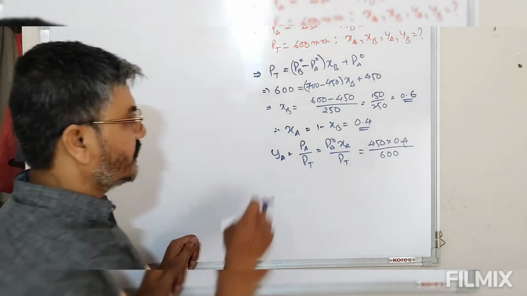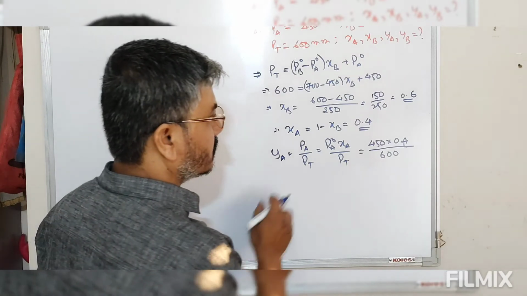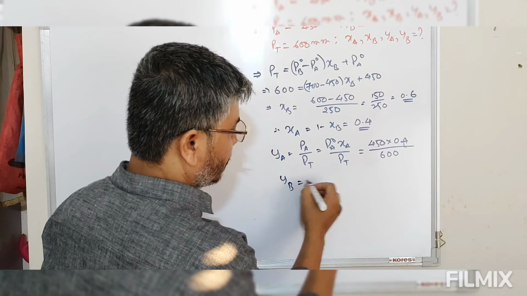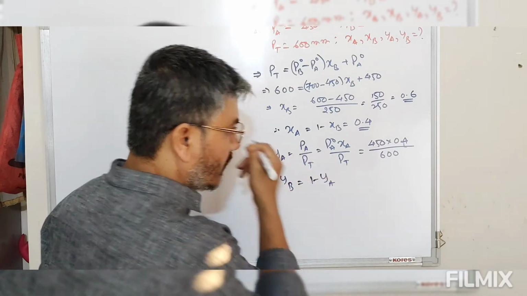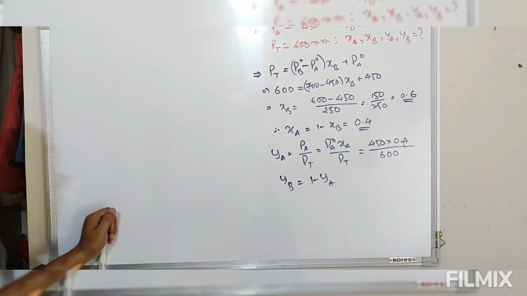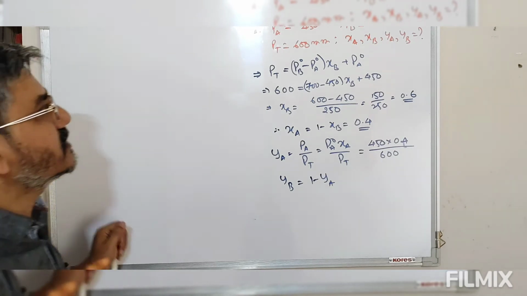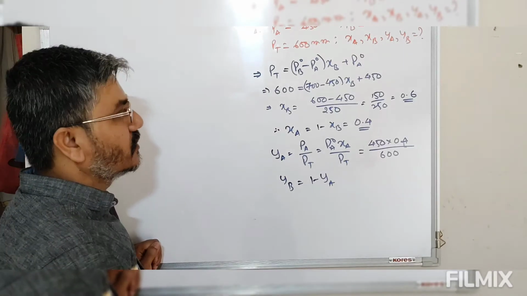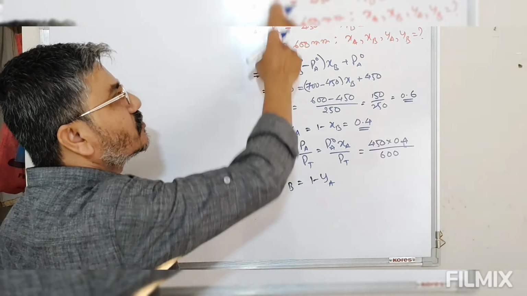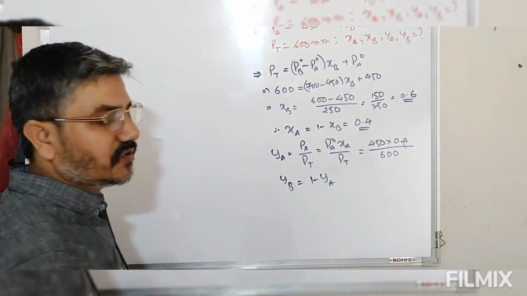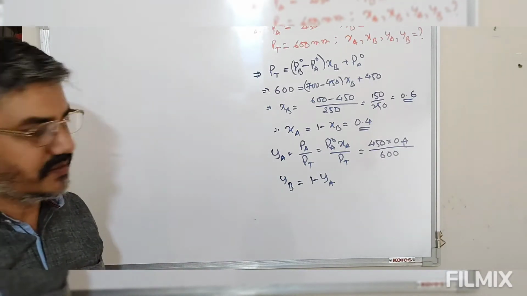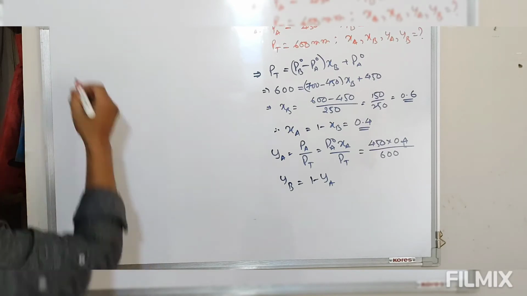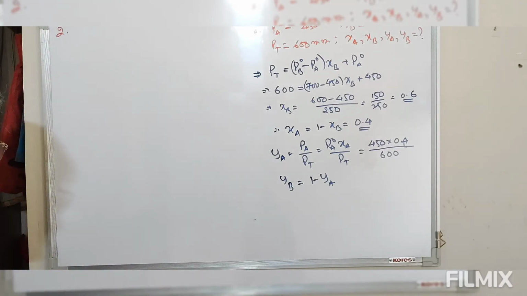If this is the mole fraction of A in the vapor, we can define the mole fraction of B in the vapor phase as 1 minus the mole fraction of A. So look at this, we are using the condition of total pressure here. According to the given data, we should be able to write down the equations. So this is question 1. Take the second question.